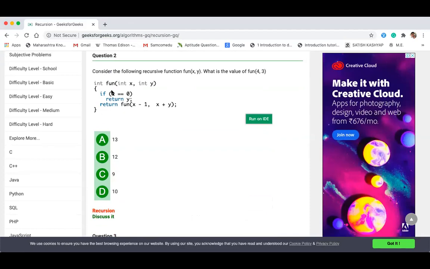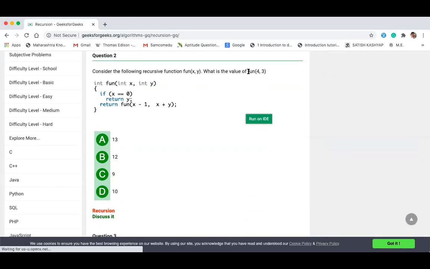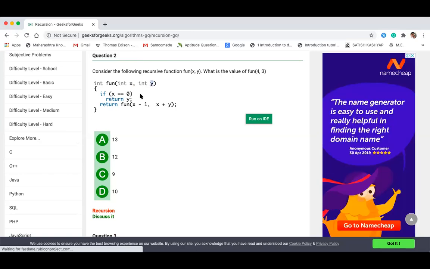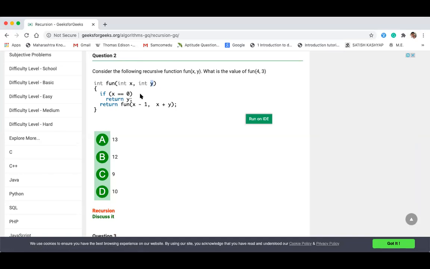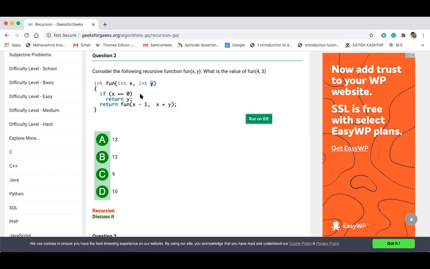For a question like what is the value of fun of 4, 3, if x is 4 and y is 3, we have to draw the stack. You can solve the program only if you draw the stack. If you are not drawing the stack, you will not get the correct answer.